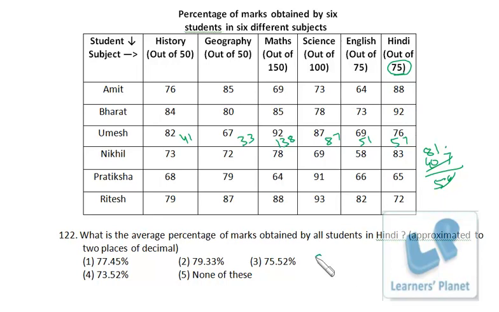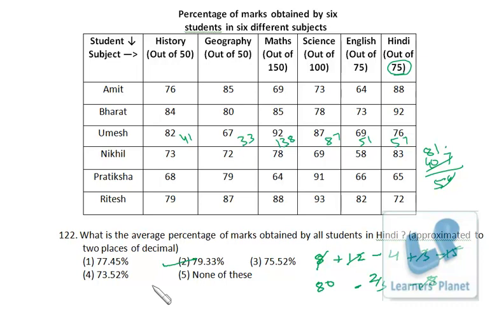So it is 8 plus 12 minus 4 plus 3 minus 15 minus 8, right? So this is the sum of deviations from 80. So that is actually 12 and 3, 15, 15, right? And the average deviation will be what? Minus 4 by 6, because there are 6 data. So 4 by 6 is 2 by 3, right? That is negative. So from 80, if we deduct 2 by 3%, we'll be getting 79.33%. So that is the average percentage of marks of all the students in Hindi.